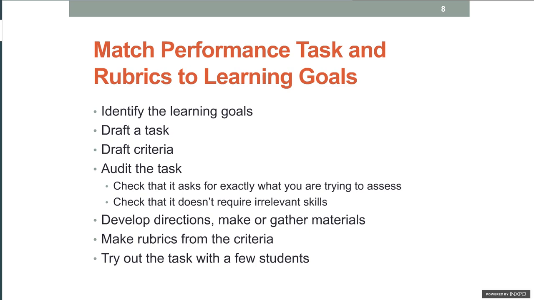Then you audit the task and check that it asks not only for what you're trying to assess, but doesn't require irrelevant skills. Of course, the famous one in that regard is math problems that require too much reading. But there are also in performance assessment some sneaky little irrelevant skills that get in there. Like, for instance, if you decide you're going to have students do an oral presentation, then what about the student who just is petrified of standing in front of 30 of her closest friend classmates? You need to make sure that you're not judging comfort, smiling,